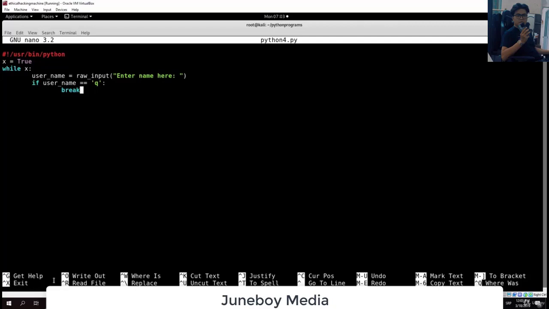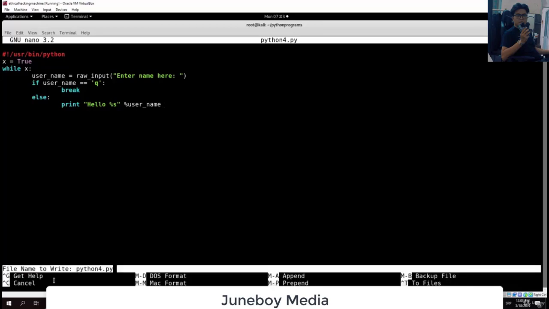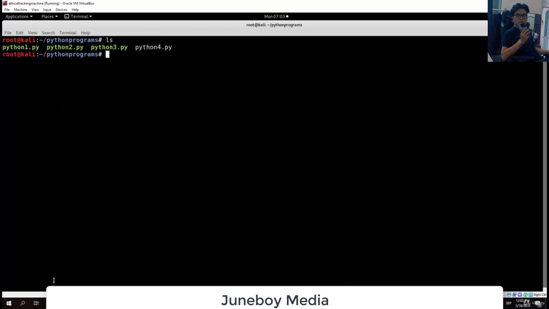So let's continue this program. If username equals q, you break out of this loop. Else, we can just type print hello, and then we specify the %s for the string, and then username. This will print out hello and then the name for every name we type until we specify q. If we specify q, it will break out of the loop and close our program. So let's see how this will work. We press Ctrl O to save, Ctrl X to exit, we chmod it to be executable,